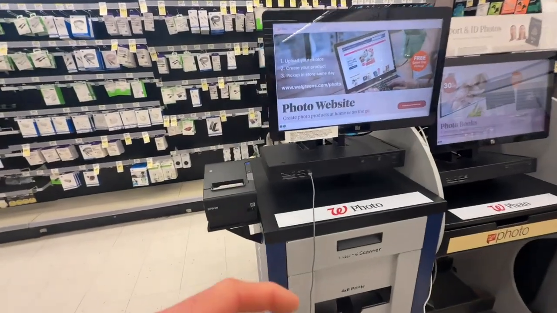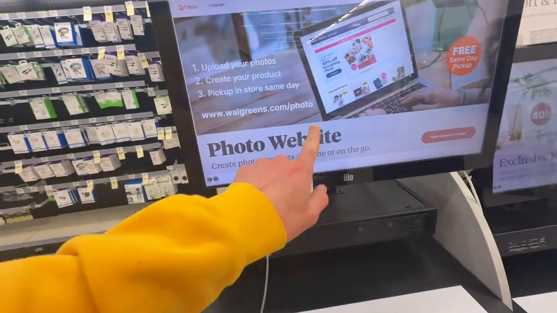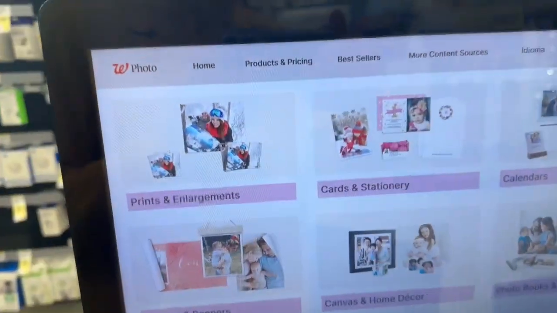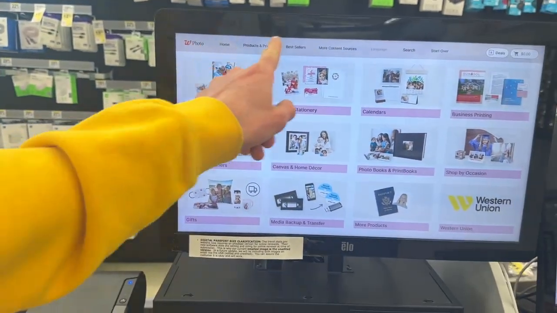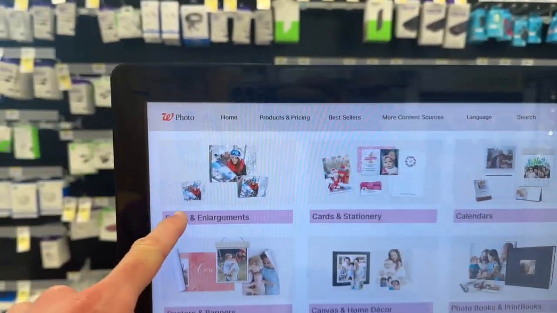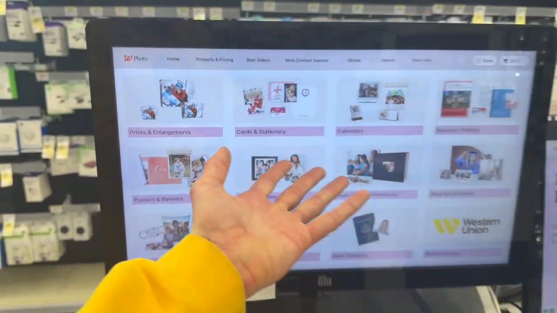To start, you first need to walk up to the computer. Once you tap on this computer screen, you can see all of the different categories and ways we can make copies or put our photos on. As you can see, there's prints, enlargements, photo books, canvas and decor, posters and banners, and a lot of other